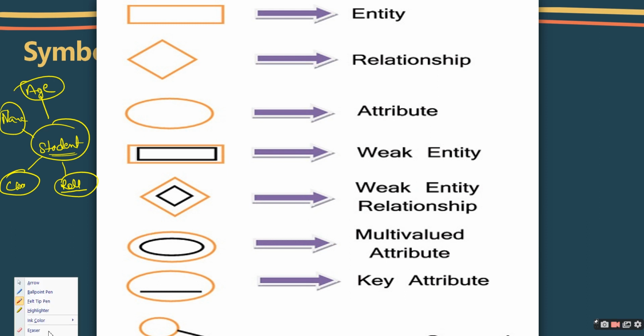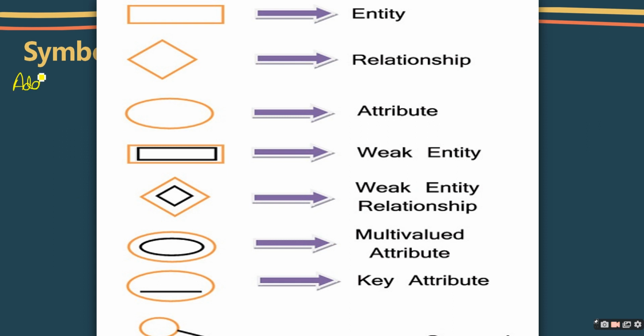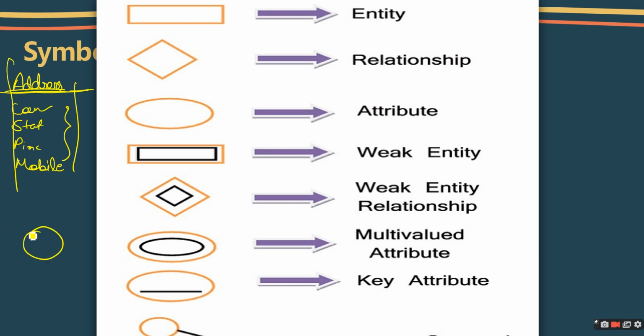Now composite attribute. What is a composite attribute? We have taken the example of address. Address is a composite attribute. Why? Because if I ask you to please give me your full address, what will you do? You give not only your locality, but also country, state, pin code, and your mobile number will also be there. So all these will be given by you when I ask you for your address, right? So it is termed a composite attribute, a single attribute but associated with so many attributes. So this is what a composite attribute means.